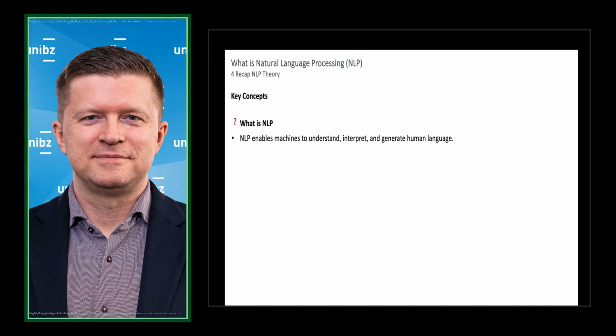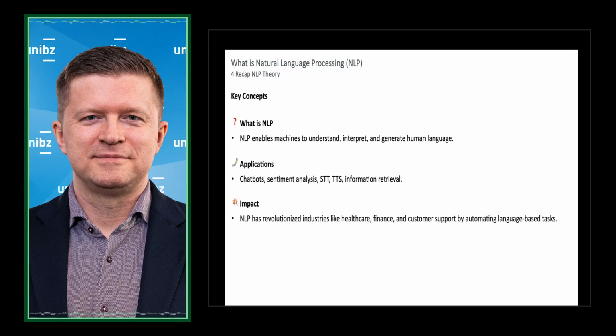We also saw a couple of applications, like chatbots, sentiment analysis, speech to text, text to speech, and we will see later what information retrieval is in the case of RAG models. We also learned about the impact NLP already has on our daily lives, from industries like healthcare, finance, and customer support, where language-based tasks get more and more automated.